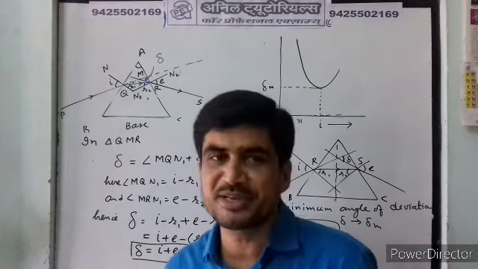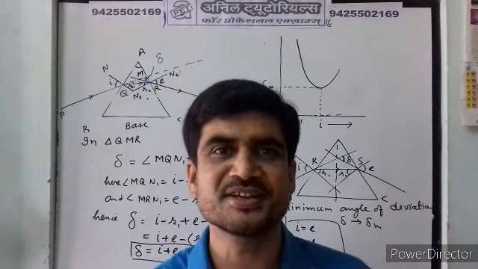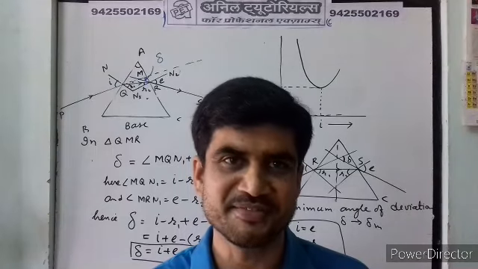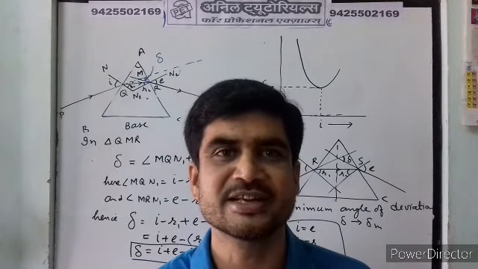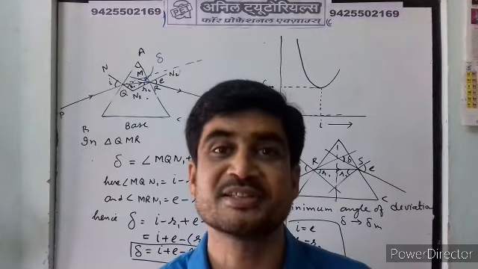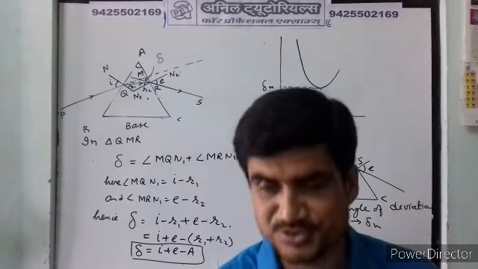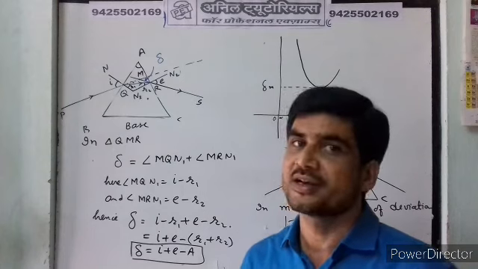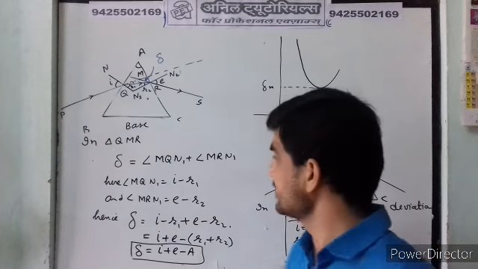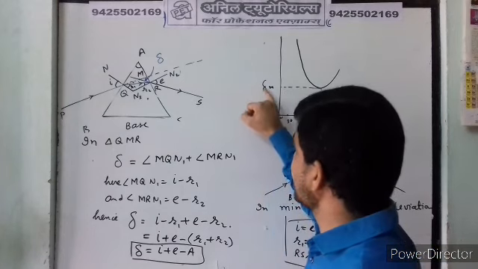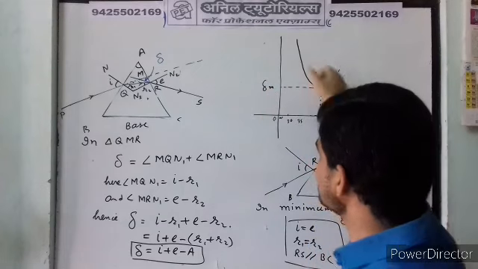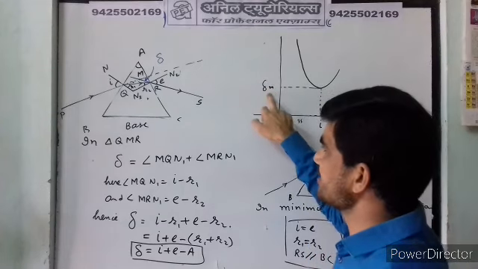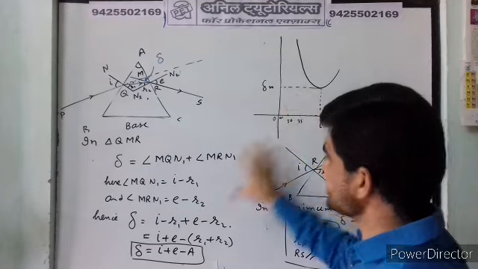Now, for a particular prism, it is difficult to observe the minimum angle of deviation. It depends upon its internal properties, means it depends upon its refractive index. So you have to take different values of i, and corresponding to that you will find different angles of deviation, and plotting this graph you can get the minimum angle of deviation.